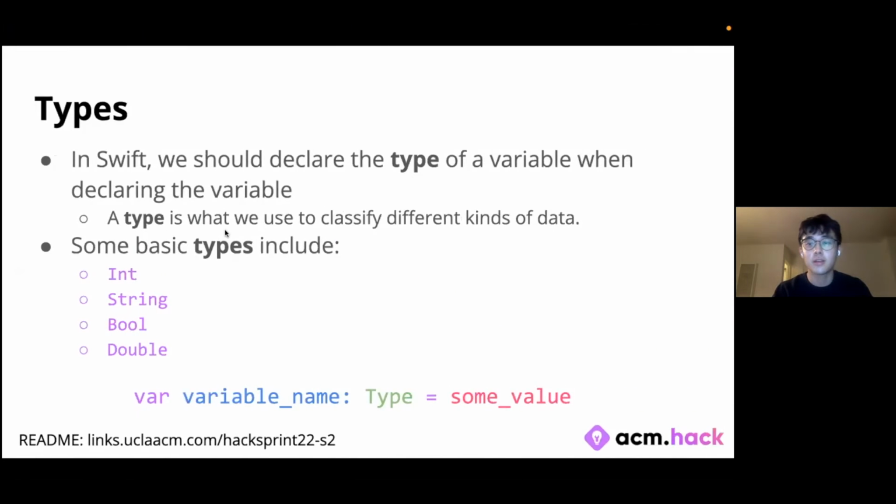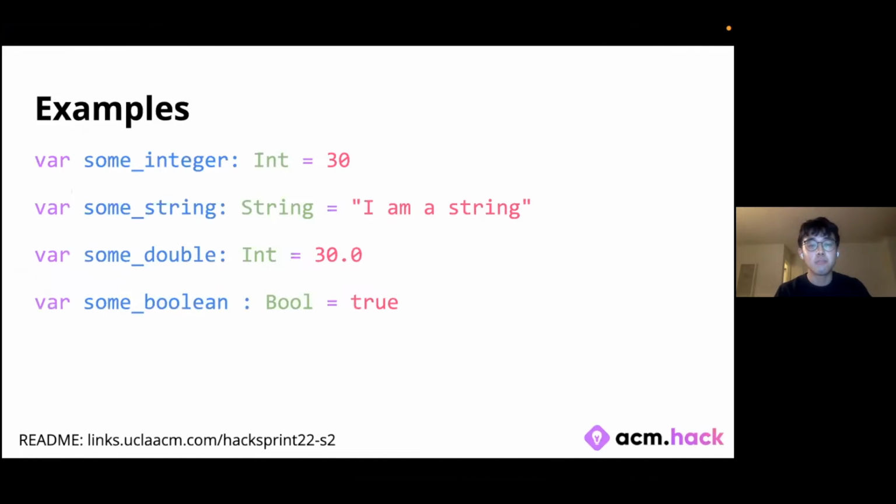So I'm going to go back. These are some examples of what each type value may look like, if you are new to these types. For example, an int would be just a number, so 30, and string is what we've been seeing before. This is what we've seen for the past 10 minutes. So we have the quotation marks and then whatever string of characters you have, and then some double,